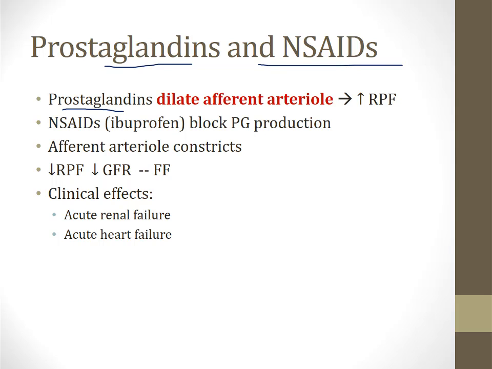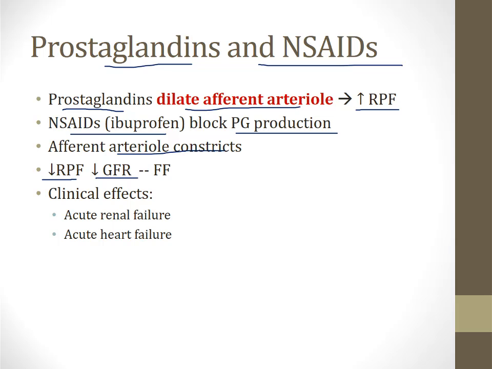Prostaglandins are signaling molecules synthesized by many cells in the body, and in the kidneys, prostaglandins are used to dilate the afferent arteriole and increase the renal plasma flow. NSAIDs are non-steroidal anti-inflammatory drugs like ibuprofen, and they block the production of prostaglandins. In the kidneys, this will lead to afferent arteriolar vasoconstriction. So what's going to happen is there's going to be less plasma flowing into the kidneys, so the renal plasma flow will fall. Because less plasma goes into the kidneys, there will be less filtered at the glomeruli, and the